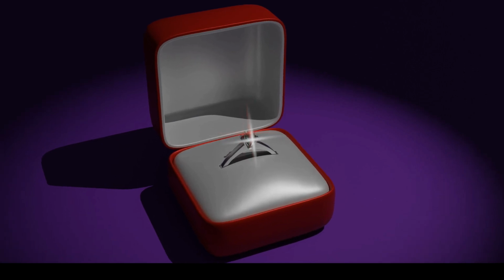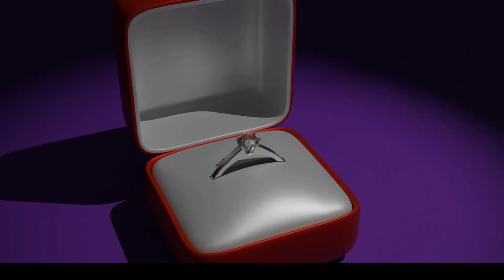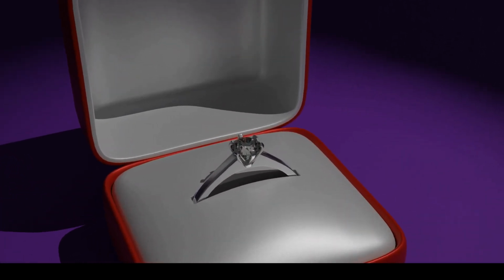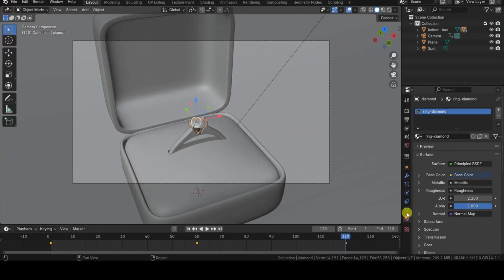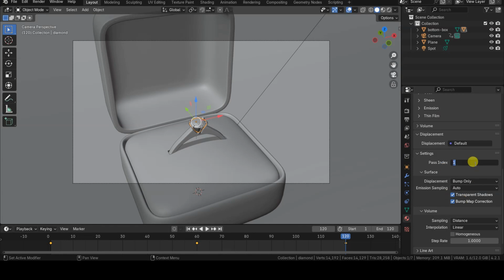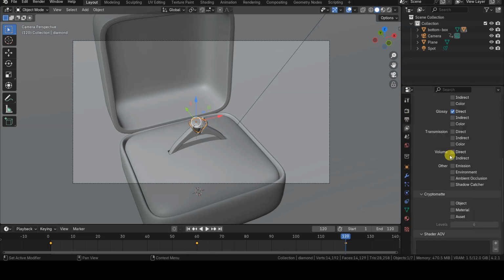Let's begin by exploring the node setup that produced the first render shown at the start of this video. Isolating the object in compositing is a fairly straightforward operation that can be done in several ways. In this first solution, I assign a value of 1 to the material index of the diamond material.